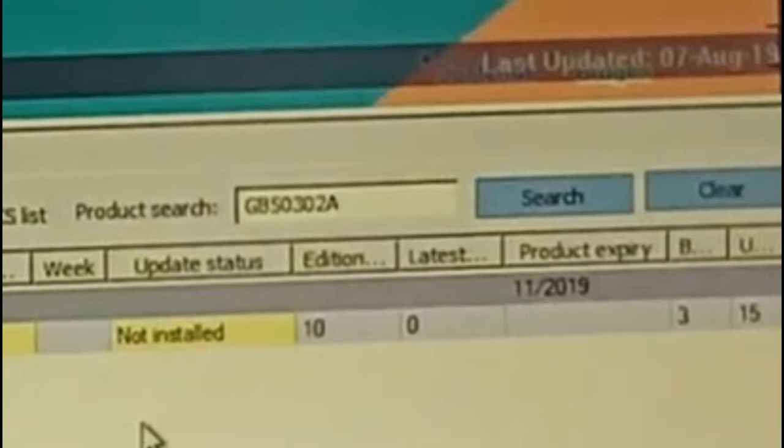So obviously I have this permit for next 3 months, but still in the update status it is showing not installed. So when you receive such message that the particular chart, the permit is there, but in the update status it shows not installed, at those times you have to install the base DVD, and then it will start showing that the chart is installed.